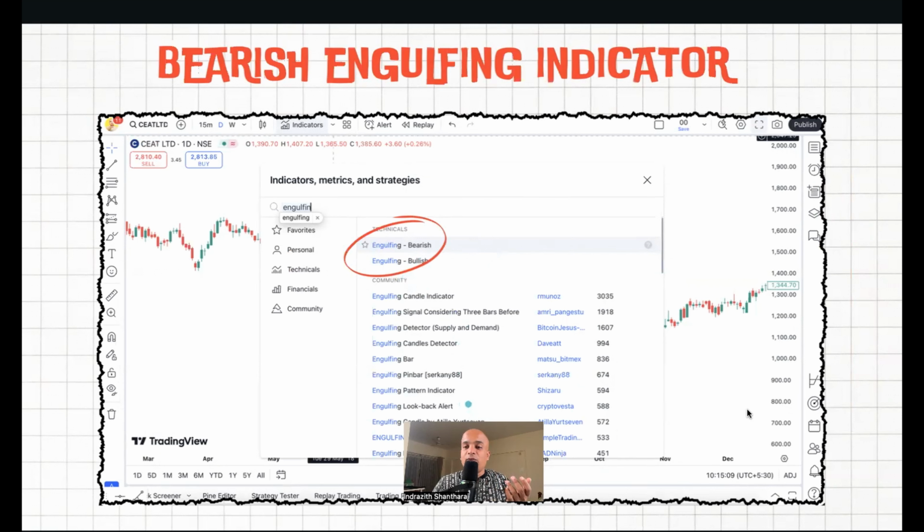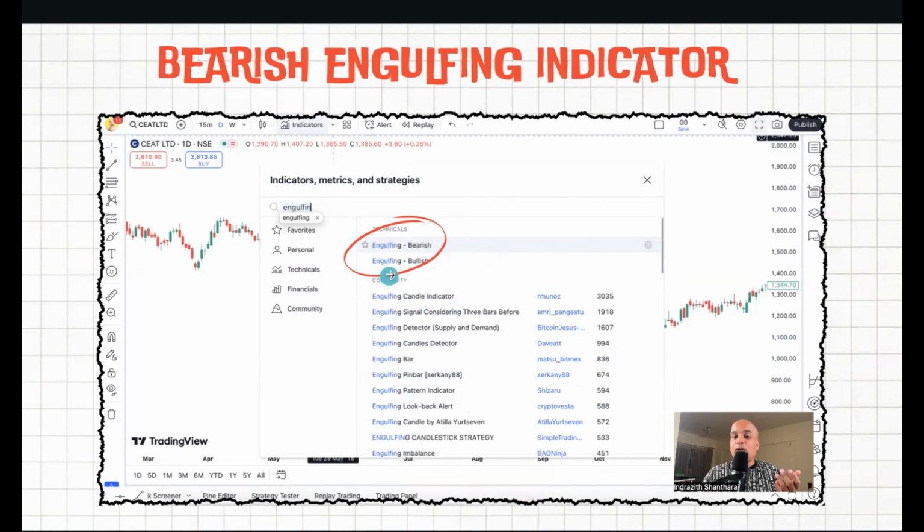If you go to TradingView and type bearish engulfing, you will get an indicator. If you plot that indicator, it will show the highlighted lines. Anyway, I will show it in the end. Okay, so it will show the highlighted engulfing patterns. This is how you can identify bearish engulfing patterns in the past as well as in the current